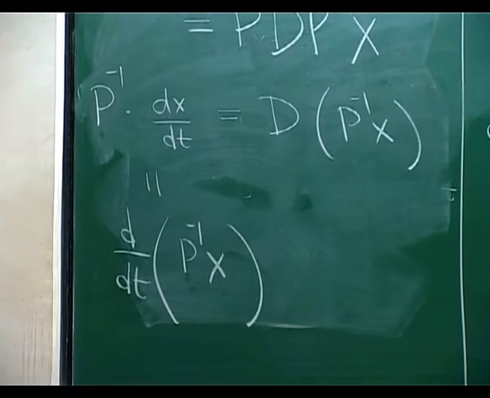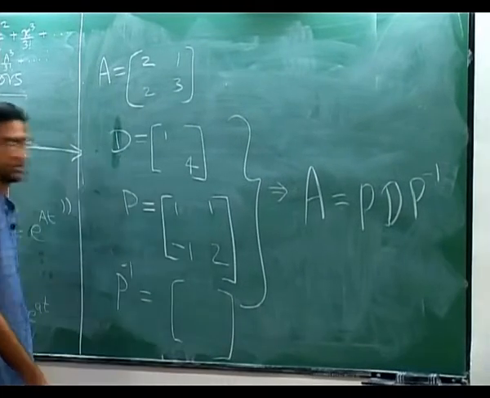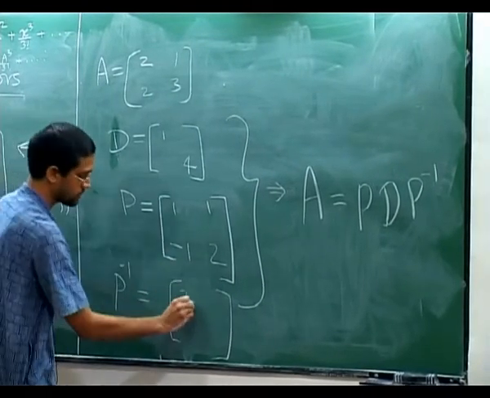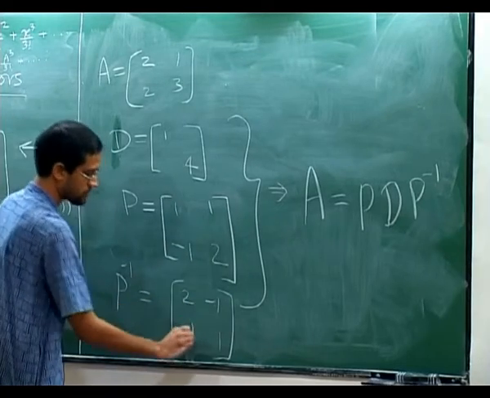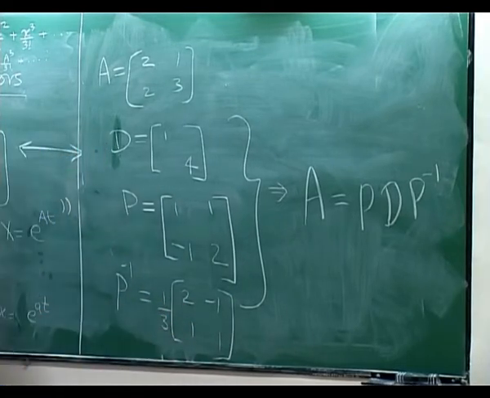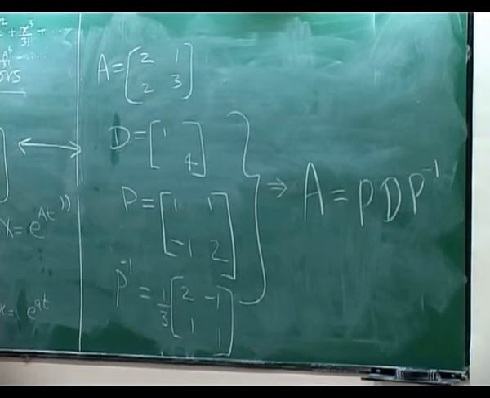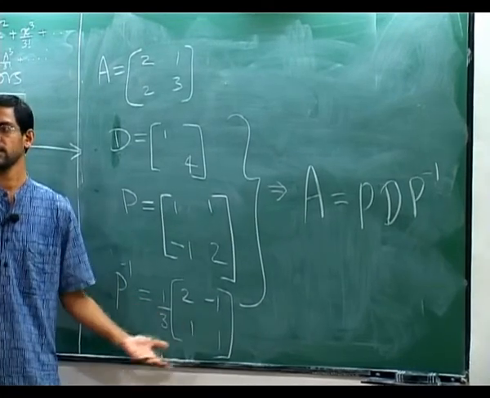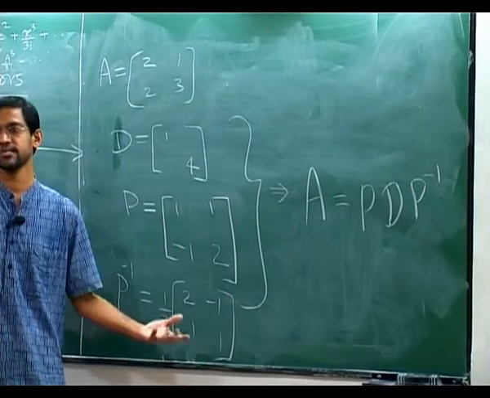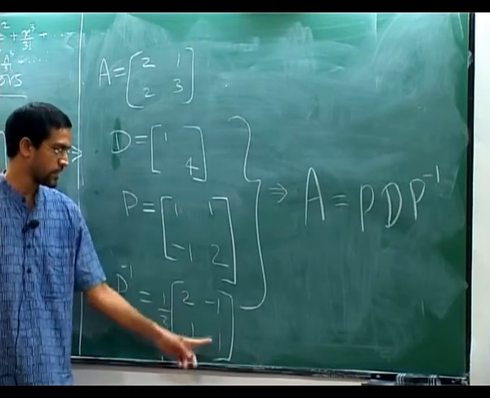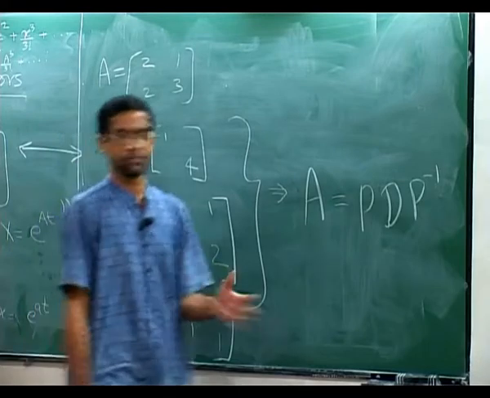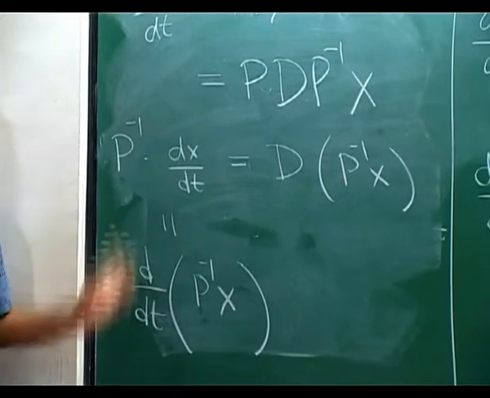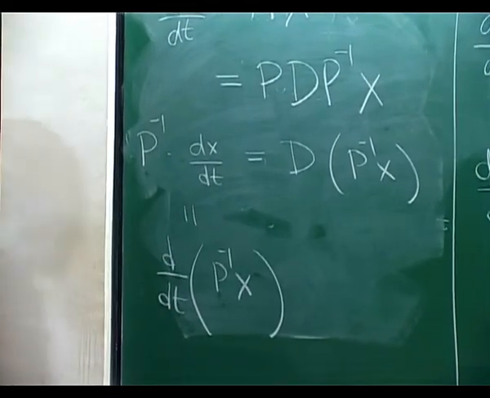So for example, let's calculate P inverse here. A 2 cross 2 matrix inverse is very easy. You just swap the diagonal entries, negate the off-diagonal entries, and divide by the determinant, which is 3 in this case. So that's the inverse of this matrix. P inverse is just 4 numbers, a constant. So the derivative of this matrix is 0. Derivative means you take the derivative of every entry. So that term vanishes. If I do the product rule for this product, I will only get one surviving term, this one. The other term is 0. So it's the same.